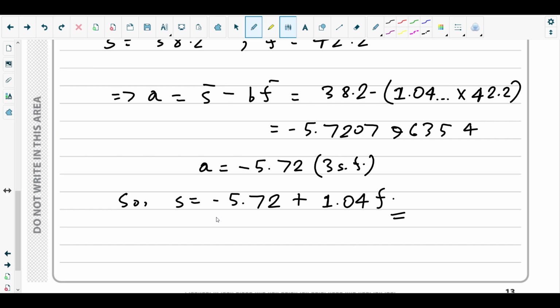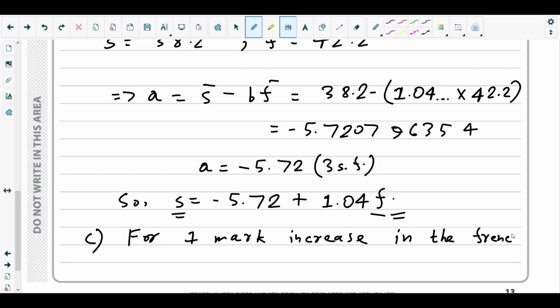So that means for 1 mark increase in the French test, we will consider with respect to the independent variable how the dependent variable will change, because the value for the dependent variable, which is S, depends on F, because F is independent. Okay, so for 1 mark increase in the French test, the mark obtained in the Spanish test